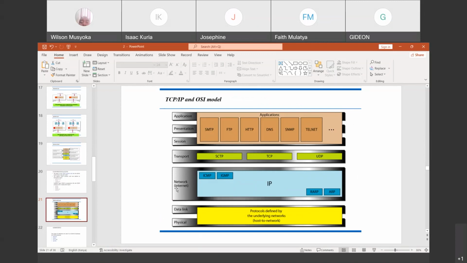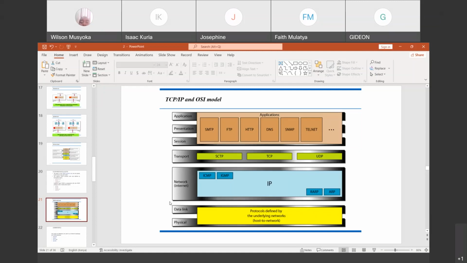Internet or the network layer remains network layer or the internet layer. These two are going to be combined into the link layer, although I need to give you a caution here. In some areas, the two are going to be divided. The data link layer and the physical layer are going to be divided into two when you are using the cabled network. When you are using the wireless network, they are combined together to be the link layer.